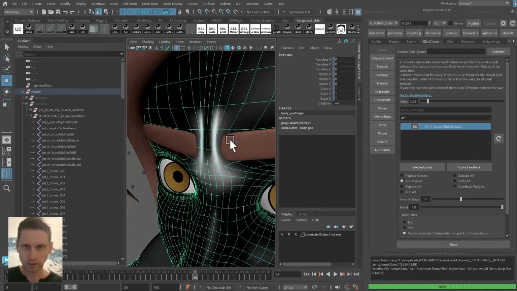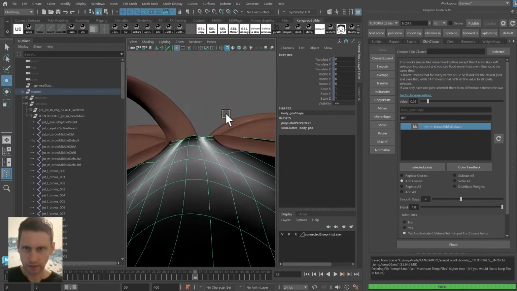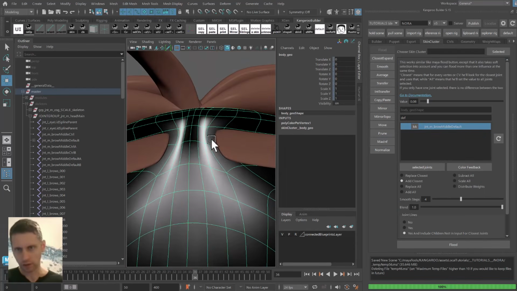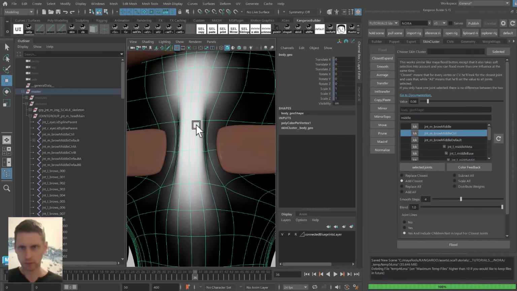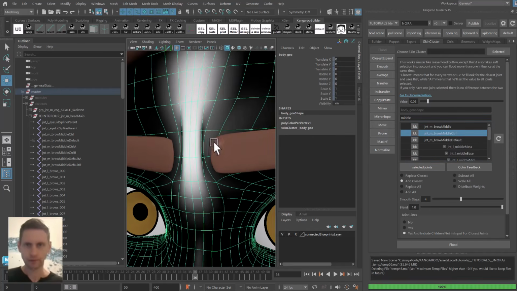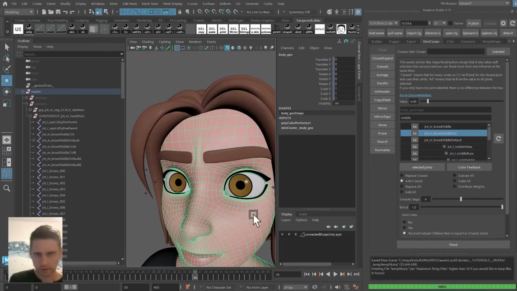So the default has basically the one that should not push out, and then you have the middle control, which is the middle one. And again, that takes a bit of practice to get to this point, but you don't actually have to do